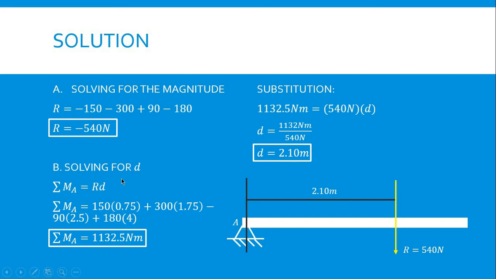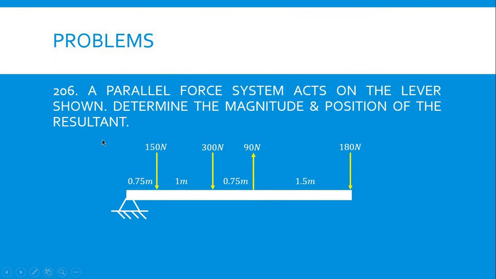Now, for solving for D, we are going to use this formula. Summation of moments at A is equal to R times D. Going back to the illustration, 150 Newton is going clockwise to point A multiplied with 0.75 meter plus 300 Newton going clockwise multiplied with 1.75. Next is 90 Newton going counterclockwise, that makes it negative 90 multiplied with 2.5 plus 180 Newton going clockwise multiplied with 4,